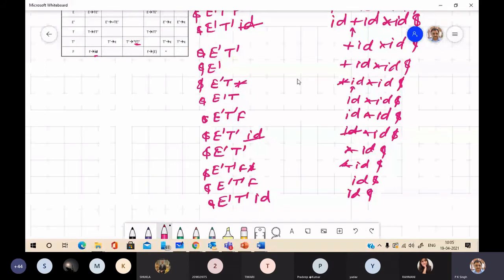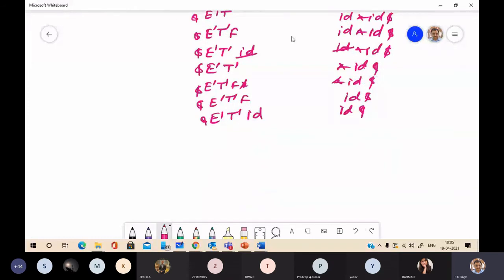So it will be E dash, T dash, and here it is removed. Dollar and T dash.